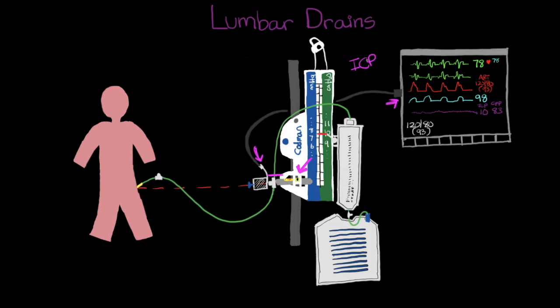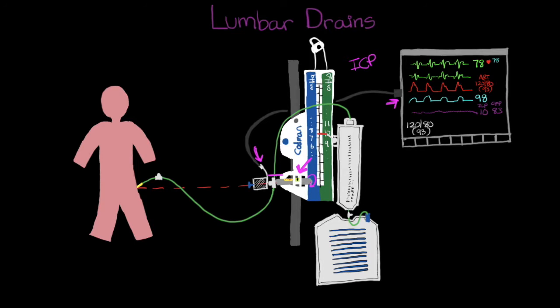The appropriate type of waveform monitoring should show up here. Then what you want to do is you want to take the laser, and if you twist it around in the holder here, that will activate the laser and turn it on. And so we're going to use this in order to adjust the height of the drain on the IV pole, or possibly the height of the bed, so that the laser, the level is shining at the level of the